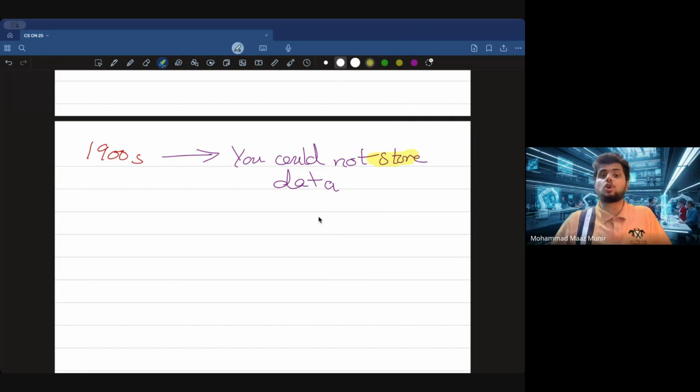Like I have installed Google Chrome, right? So I'm not inserting any sort of USB dongle or maybe some memory stick or maybe some CD onto my computer so that Google Chrome runs. I have installed it, so it can store data. So what happened is that when the 1940s came, in the 1940s